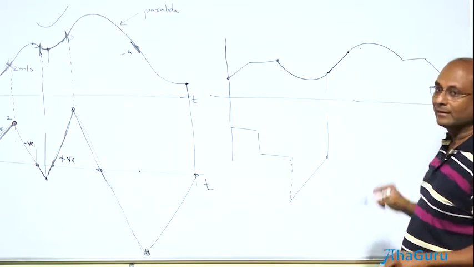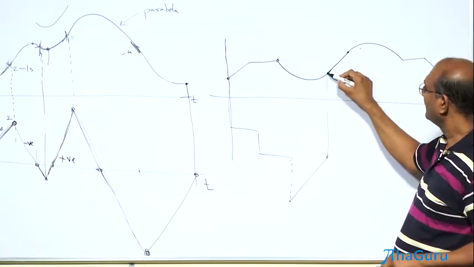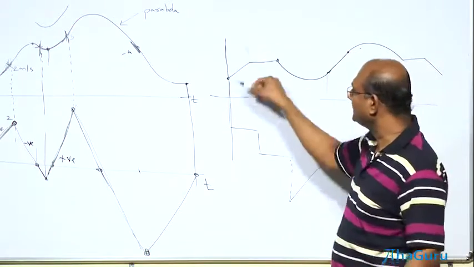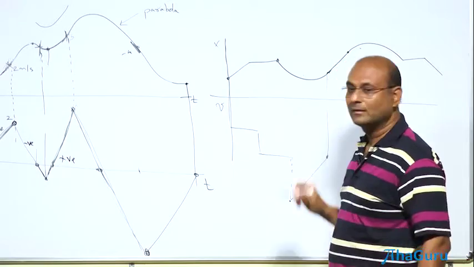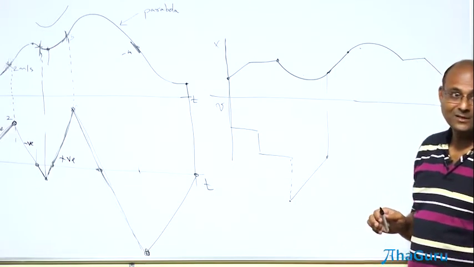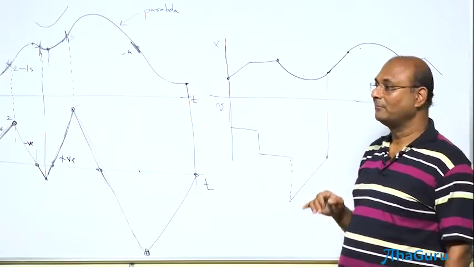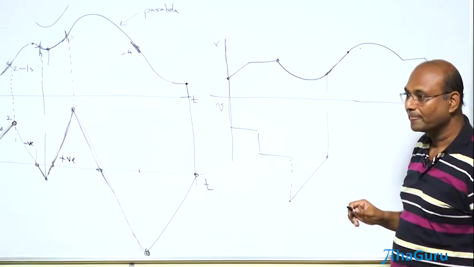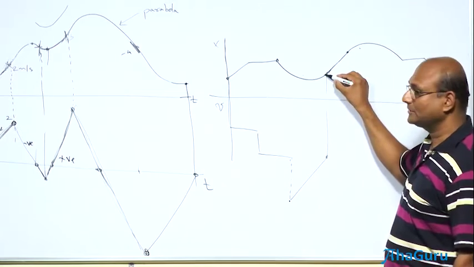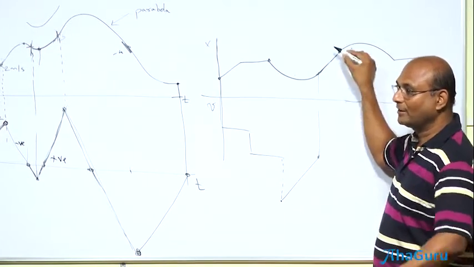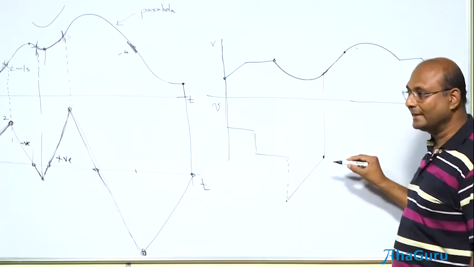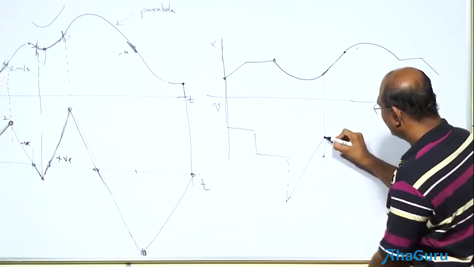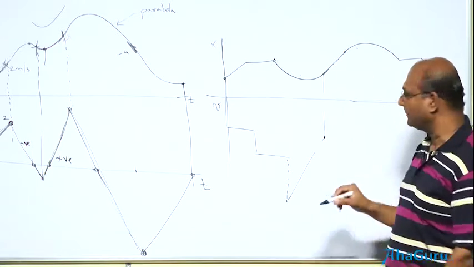Now what about this guy? Straight line means straight line on the XT graph. This is XT. This is VT. Straight line means flat line, uniform velocity. Now if this slope happens to be equal to that slope, that means the ending velocity of this guy is equal to the initial velocity for that guy. But that means this is the ending velocity. Let us say the slope was like this. So this is the ending velocity because it's a positive velocity.